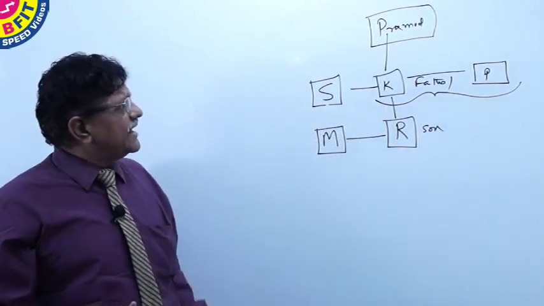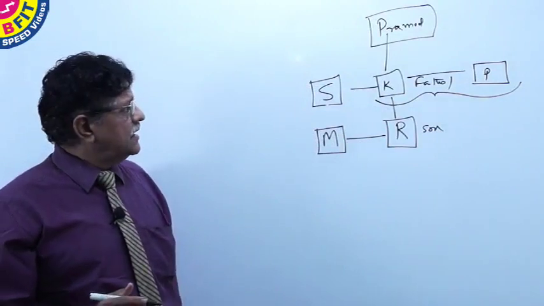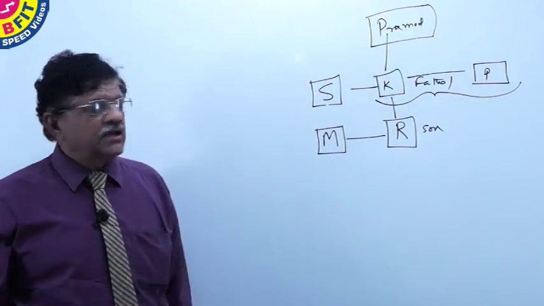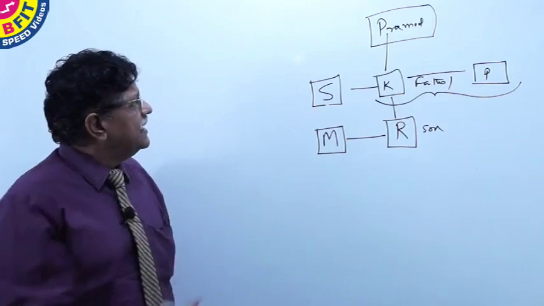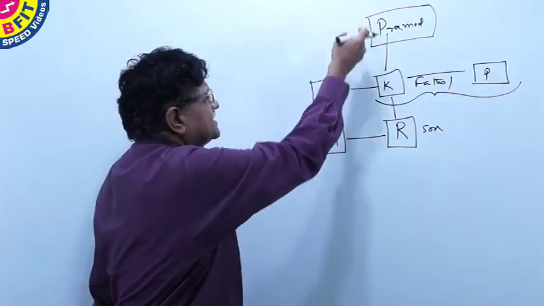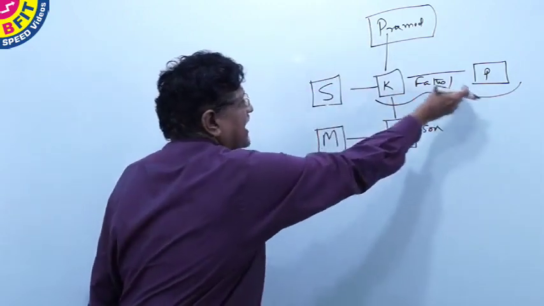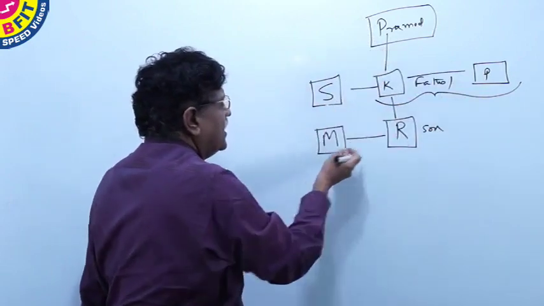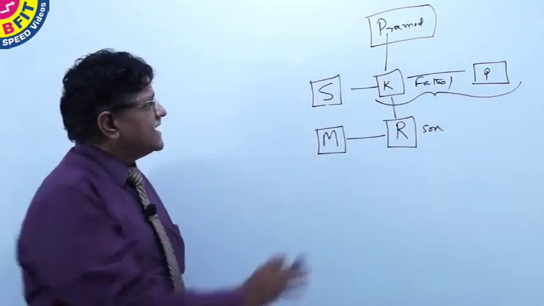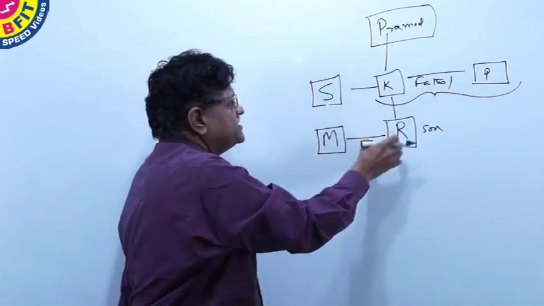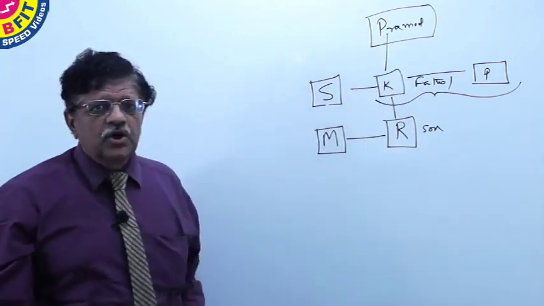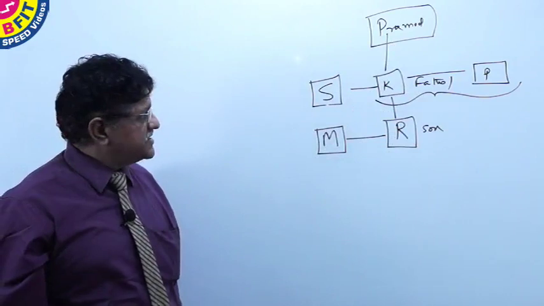Now we know very clearly by this family tree which we have drawn, which we have diagrammatically represented, that Pramod is the grandfather. The next generation is Kumar, Sita and Priya. The third generation is Rahul and Mala. This kind of clear distinction based on generations will help you to draw conclusions based on relations.